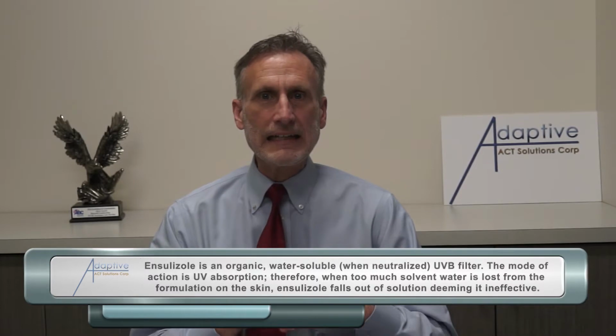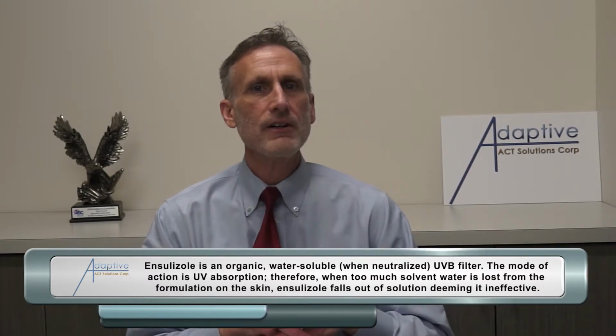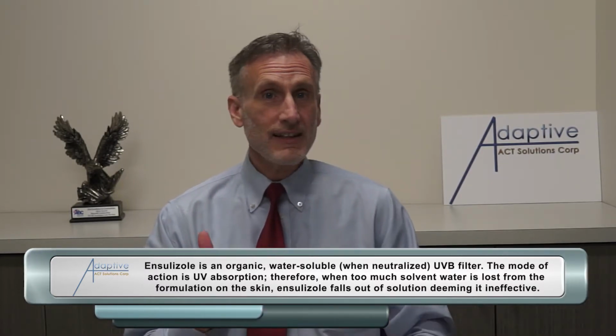To make matters worse, we're trying not to offend by using certain of the sunscreen actives. Everything seems to get stuffed into the oil phase and it becomes a crowded mess. In most emulsion formulations, we've got this vast canvas of water phase that's not doing anything for us in terms of sun protection. Ensulizole, or some know it as PBSA, is a water-soluble active that, when neutralized, is a very